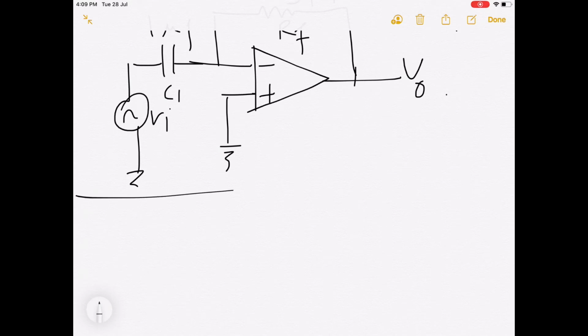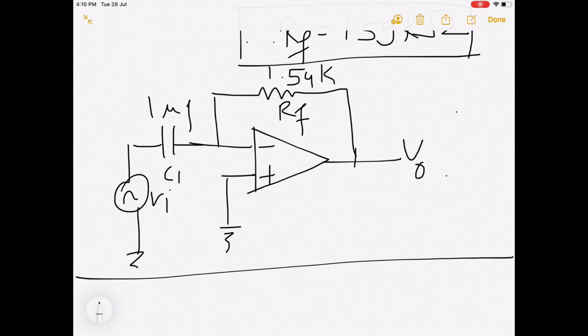Now, what are the limitations of the basic differentiator? When compared to integrator circuits, differentiator circuits are more susceptible to noise. The input noise fluctuations of small amplitudes will have large derivatives. So, when differentiated, these noise fluctuations will generate large noise signals at the output, which will introduce a poor signal to noise ratio. This problem may be minimized by placing a resistor in series with the input capacitor.